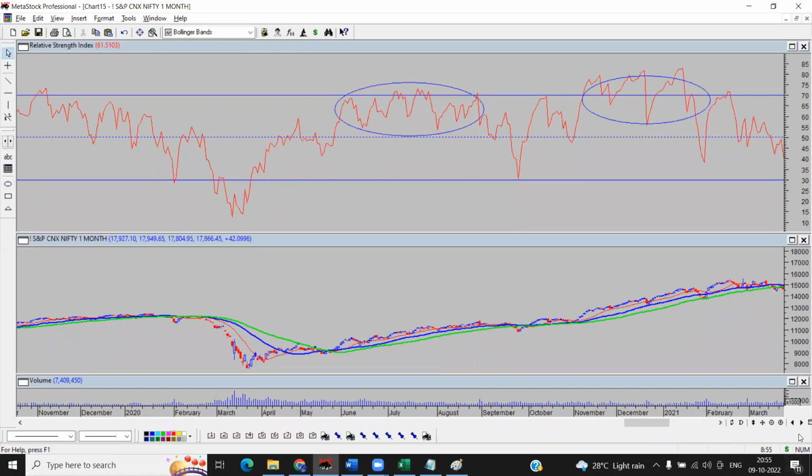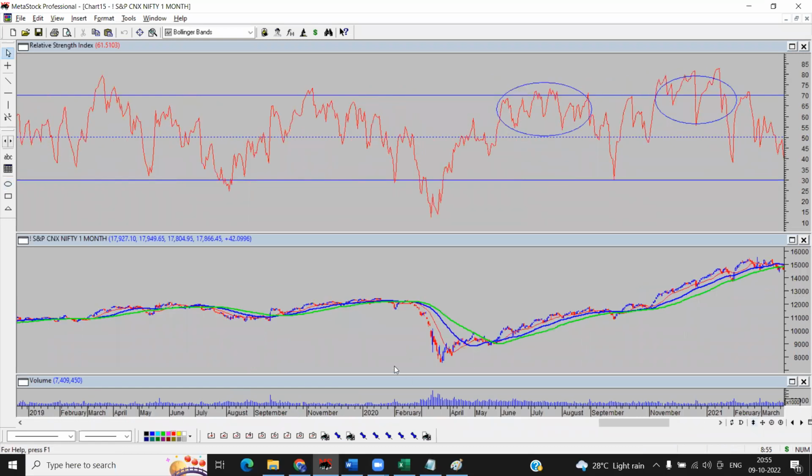What is the reason? You have a very strong fall on the left side. Here on the left side, this was pre-pandemic. Just because of the pandemic, we had a strong fall. And then the market recovered. It was touching the overbought area. Sometimes it was going well into the overbought area, staying there for a long period of time. And whenever the indicator reached the equilibrium line, it again bounced back.